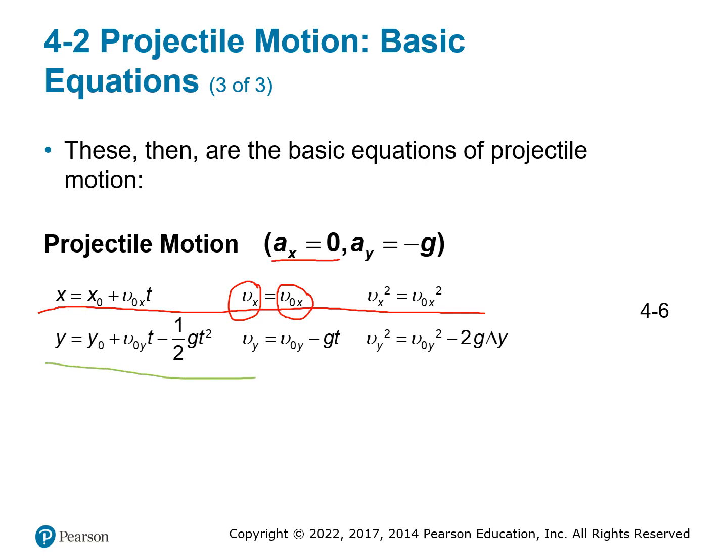These three equations down here are the vertical equations for projectile motion. They are similar to your kinematic formulas. The only thing that's a little bit different is that instead of putting a for acceleration, like a_y, they use g. You can see this both ways. I've seen textbooks where you just have a, or textbooks that just have g, but they are both the acceleration of gravity because it only affects the vertical component. So if you see just a normal y, that's position in the y direction, the vertical direction.